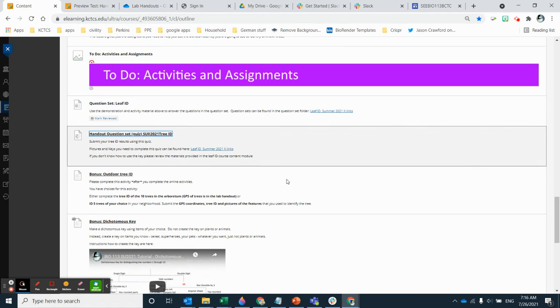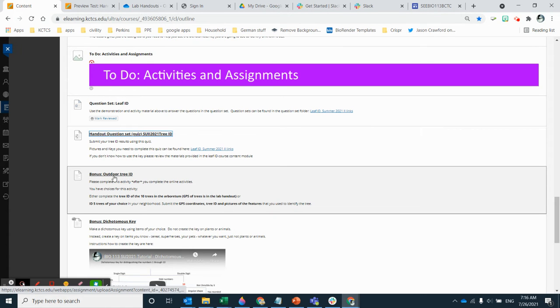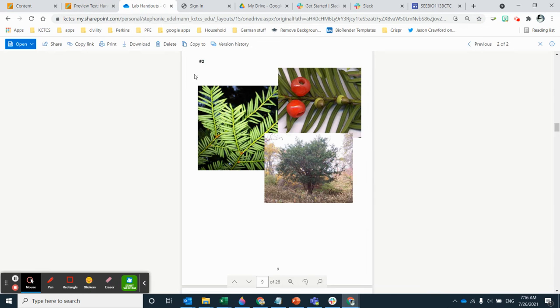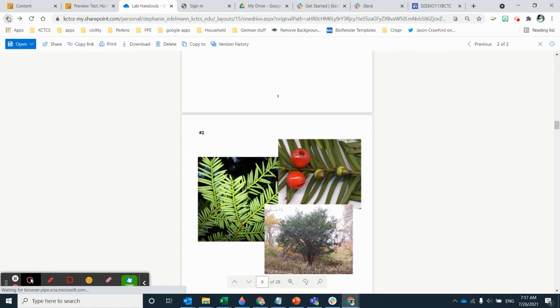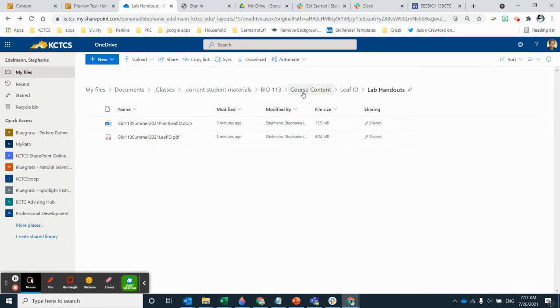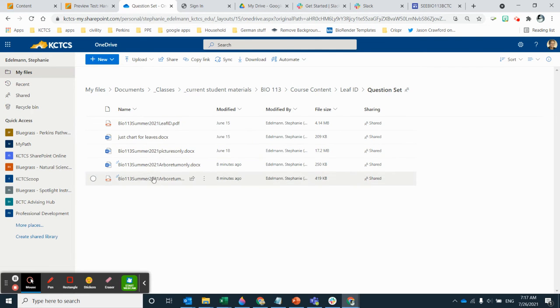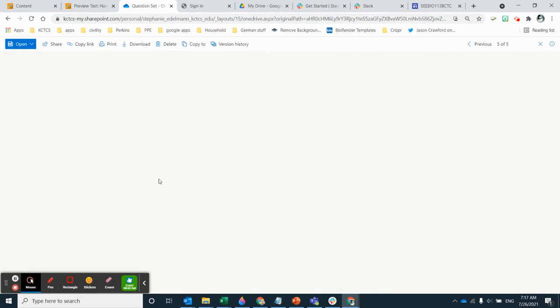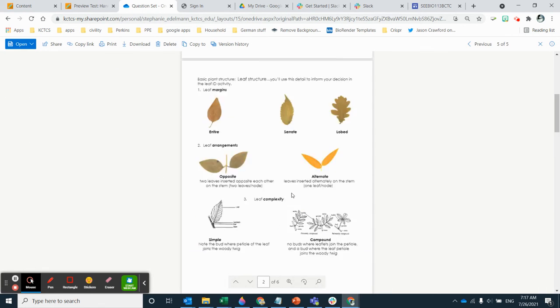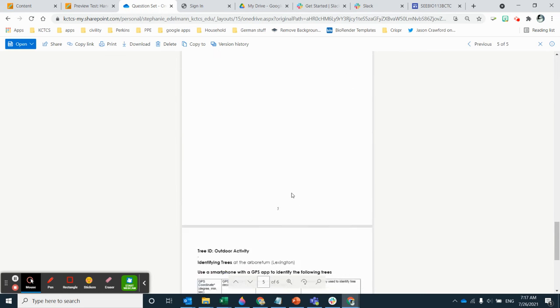Then you've got a bonus activity, the outdoor tree ID. For the outdoor tree ID, what I want you to do is simply, I'll show you, hang on, let's go back to the handouts. There are materials in the question set. There are two options for this. If you're living in Lexington, then you can just grab the Arboretum tree ID, and the Arboretum tree ID gives you